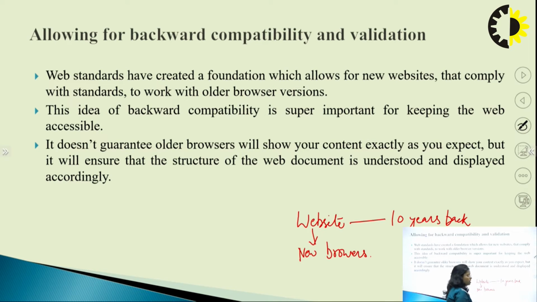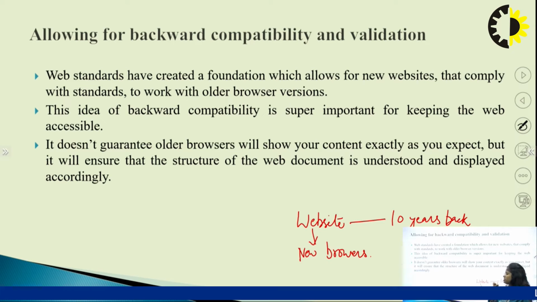But we have ensured that this old website will at least execute on new browsers. We do not expect that these new browsers will execute this website in a very efficient or good manner, but at least the content provided by this website must be shown by the new browsers.